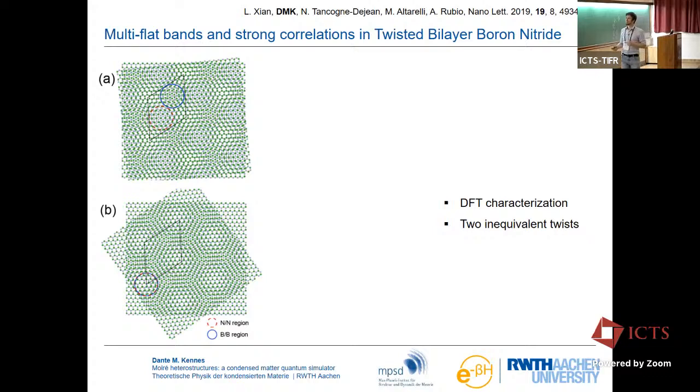And you see that those are physically different configurations because they're plotted here and here, and I highlighted the regions as red and blue circles respectively, where the nitrogen sits on nitrogen and where the boron sits on boron in this kind of configuration. And you see in this configuration B, these are at the same space in the Moiré unit cell, while here they are distinct spaces. All right, so let's look at this configuration B in a bit more detail.